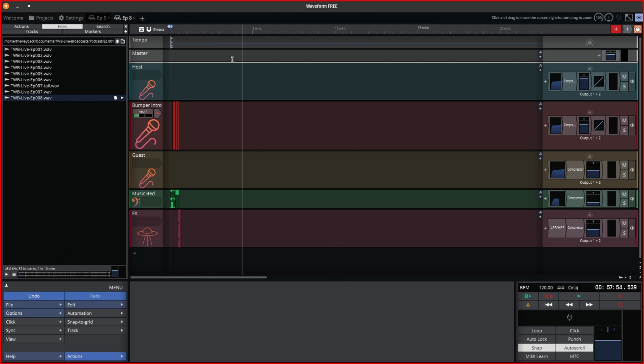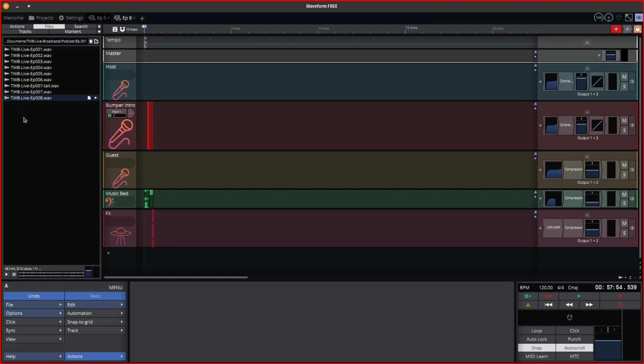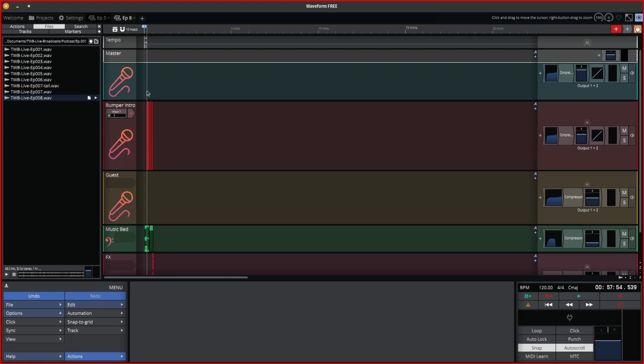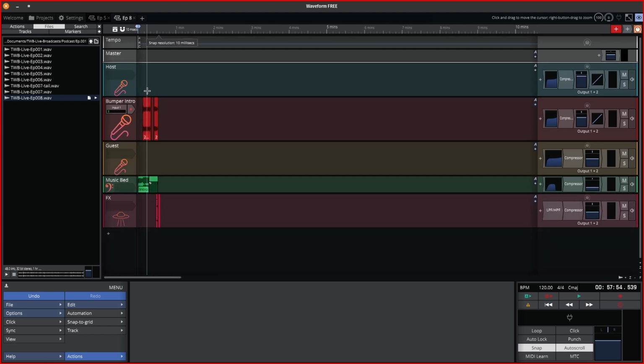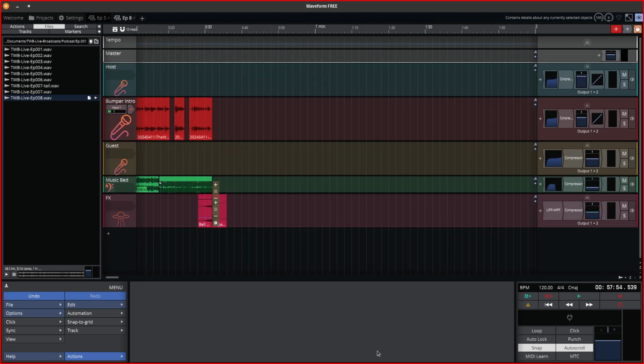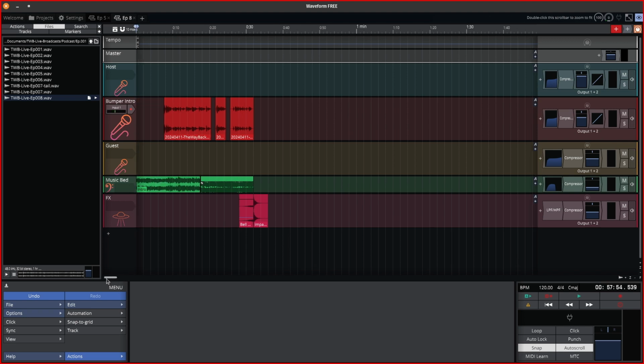Waveform takes a little bit of getting used to, but it's definitely worthwhile playing around with. But I'm going to show you a few things that might save you a lot of time. So let me just zoom in, so I'll show you what we've actually got already in place. So what we're looking at here, if I just play this,